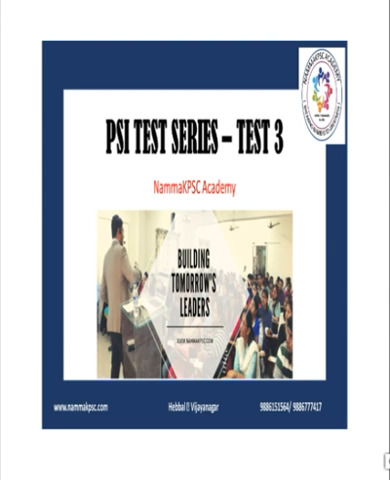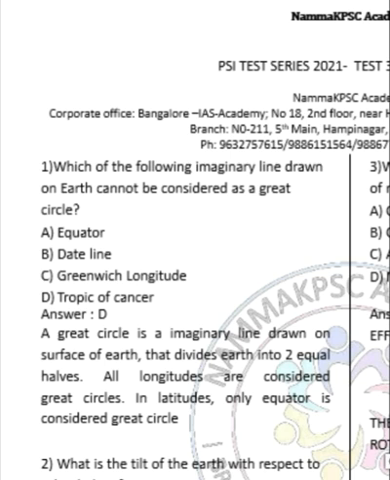Let us begin. Question number 1 is asking which of the following imaginary lines drawn on earth cannot be considered as a great circle. So before answering the question, you must know what a great circle is. You all know that there are imaginary lines drawn on earth which are used as grid systems. Examples: latitudes and longitudes. A great circle is a type of such imaginary line which divides earth into two